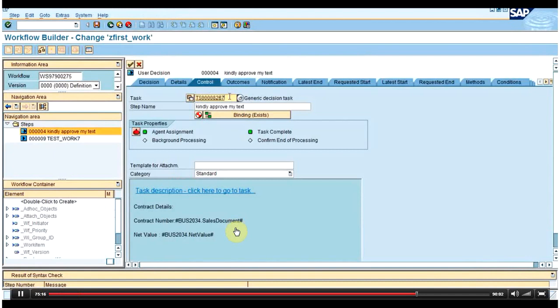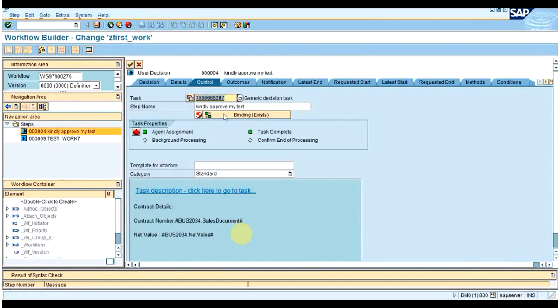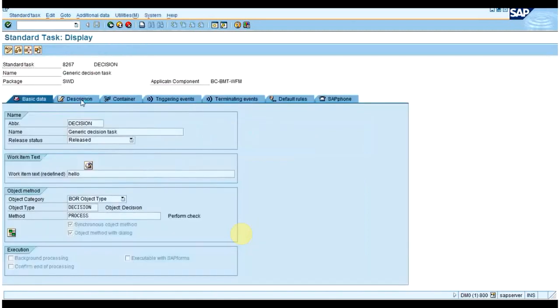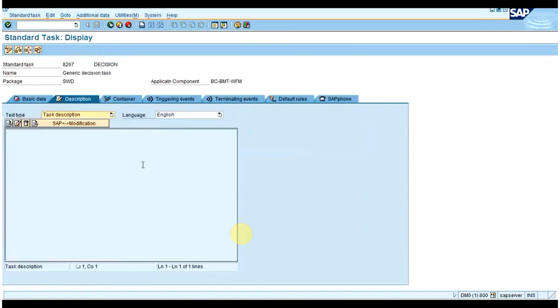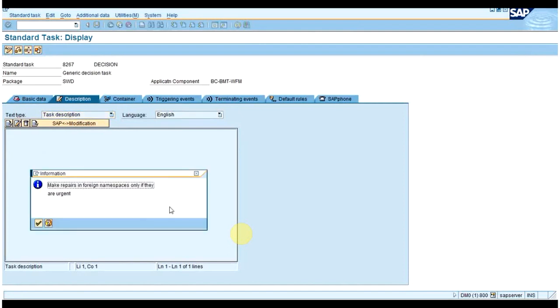Okay, but 38 would be a mother and 39 would be a child. It won't be like that, no. Actually, one full workflow gets only one mother. And the child steps refer to the tasks which we have defined in the workflow. Suppose we have 4 tasks, then 4 work item IDs will be generated for those tasks. But only one mother will be there.